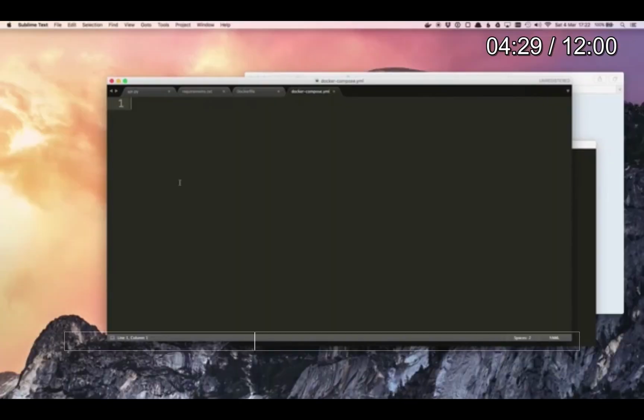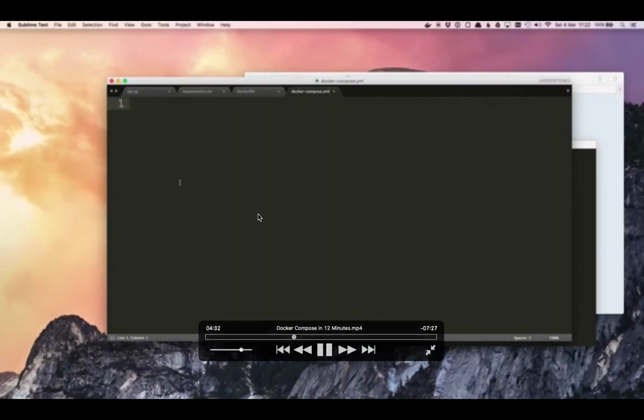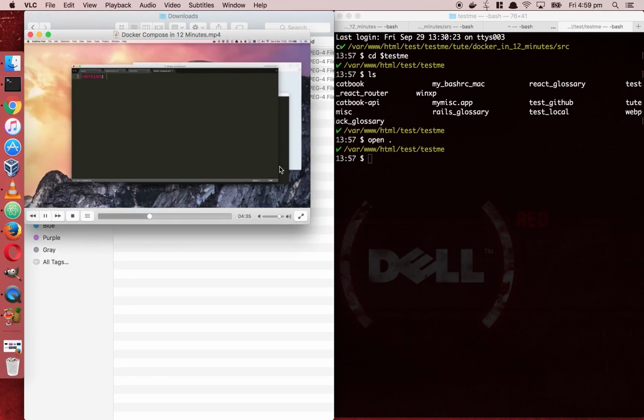Do this one configuration up. Start by specifying the version of the compose file format. We do version: